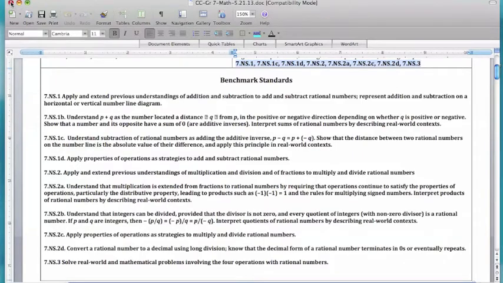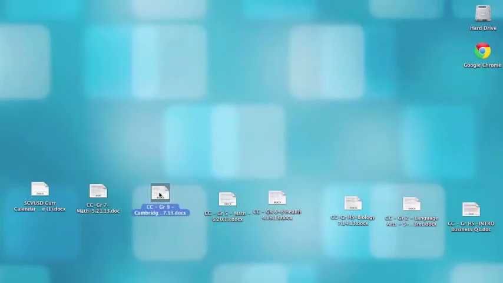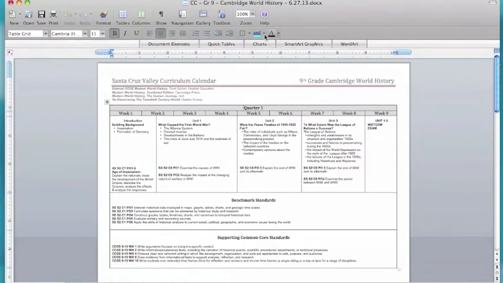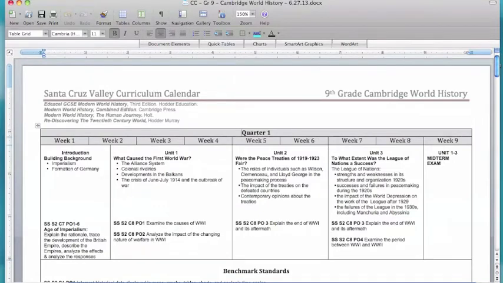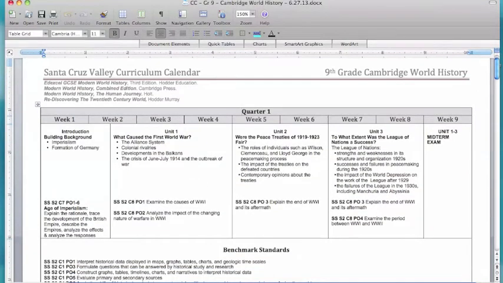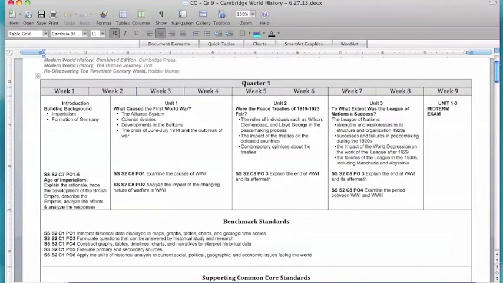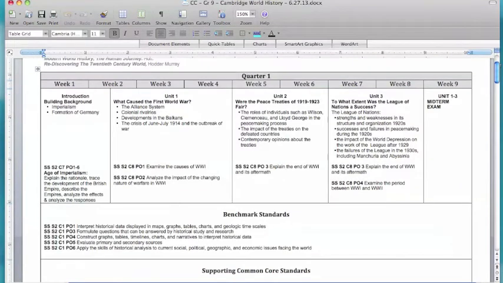Another example is the Cambridge World History Calendar. Let me enlarge this. And this is divided into 3 units with an introduction unit for building background. There are specific standards that apply to the particular units. For example, these standards 1 through 6 are listed for the introduction unit, and then specific standards for unit 1